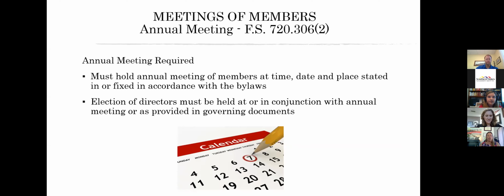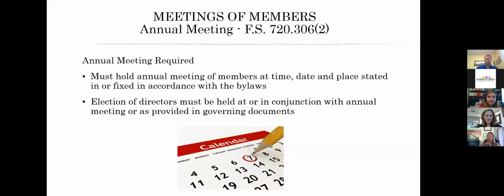But that annual meeting must be held at the time, date, and place that's stated in your declaration. If there's nothing in your declaration, great, then you have some flexibility so long as you hold one each calendar year. But if your declaration says the annual meeting needs to be on the second Tuesday in February, then by statute, you need to do everything possible to make sure that that meeting is held on the second Tuesday in February. If it says annual meeting is on March 1st, do your best to do that, right? Emergency situations notwithstanding, but the biggest key to making sure that happens is, of course, to plan ahead.